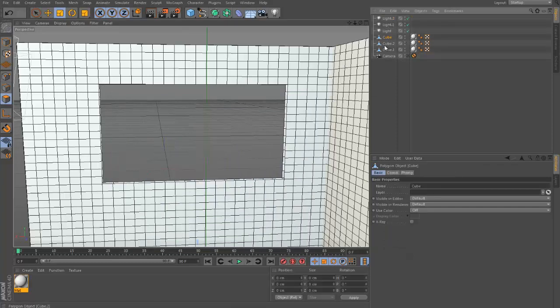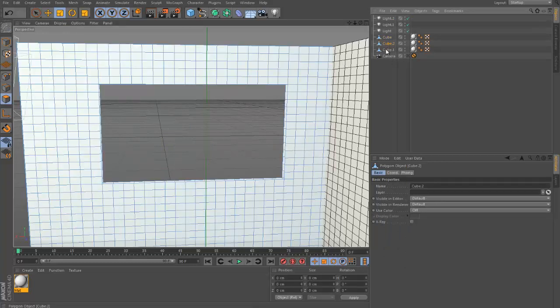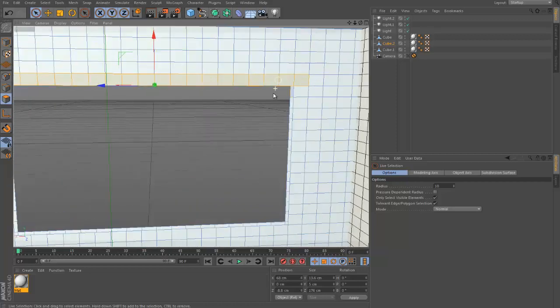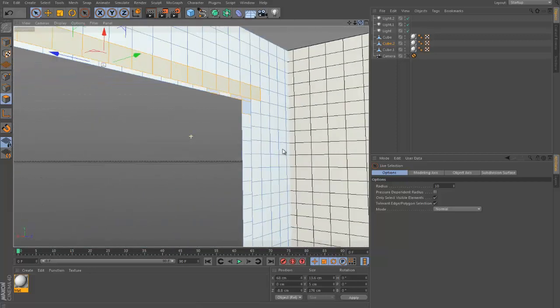Now we're going to create the top part of the window. So we're just going to select this wall, and rather than putting another cube up here, we're just going to extrude these cubes up here. So we're going to go back to our selection tool and grab just a row above that one,